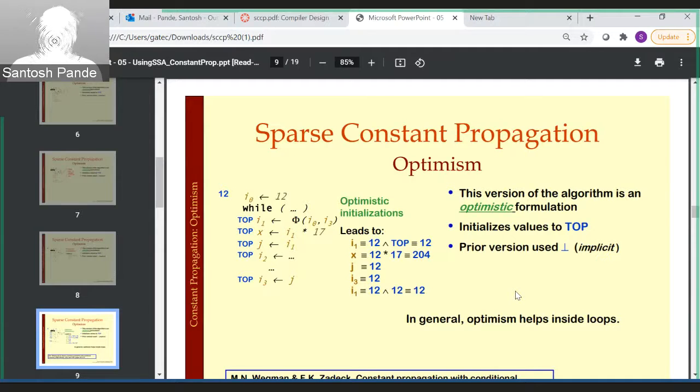And you can see here that there is a lot of propagation. From I0, we had to propagate its value to evaluate this phi function. Then from there, we have I1, and we had to go from I1's definition point to its use point to propagate that information, whether it is a bottom or a constant or a top, whatever that is. And so all this propagation means, in the worst case, walking through all the statements of the program. And again, in this particular case, it is the size of the program, the complexity,